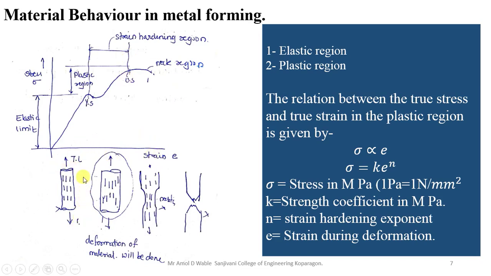So here you will find that a rod has been taken. On that rod, tensile force has been applied on both the ends. So when you apply an initial load on this rod, the grain will remain the same, or it may happen that after applying a load the grain will change its shape, but as the load was not to that extent, the grain will come back to its original place. So there will be no change in the grain, so it will behave in the elastic limit.